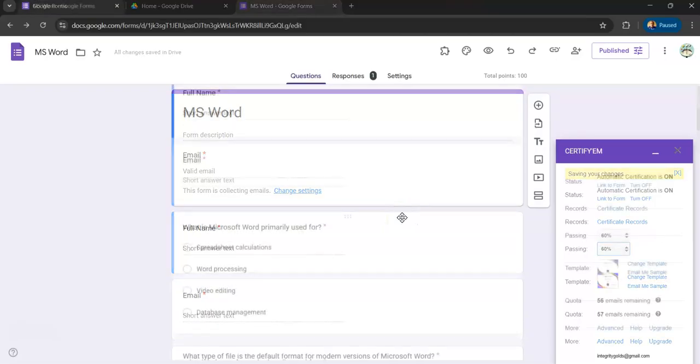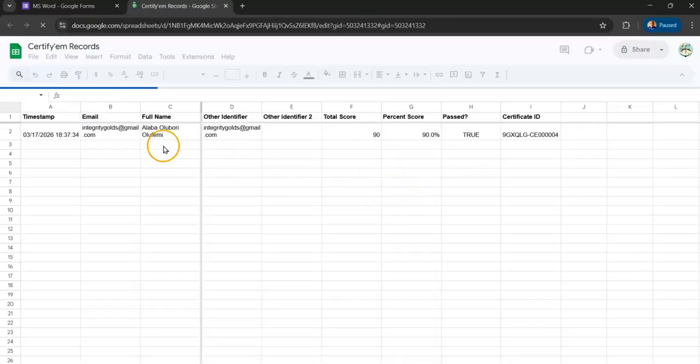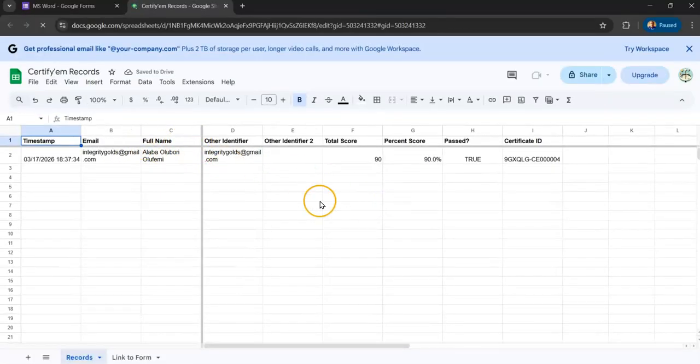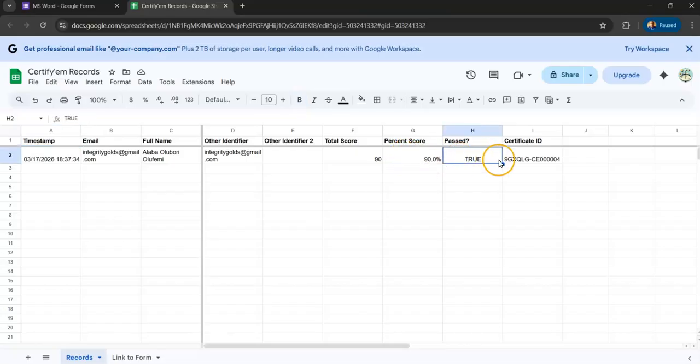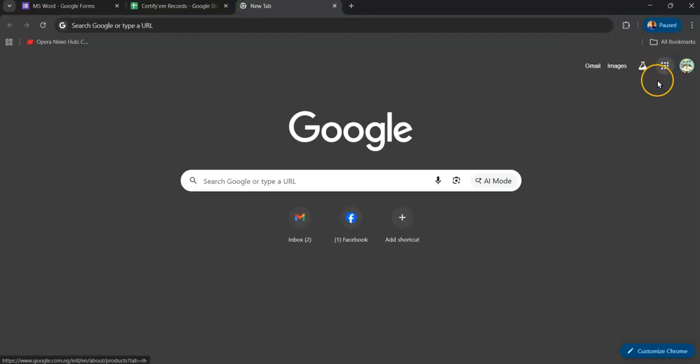So once you properly set it up and everything works, for example, we have this one response which I quickly answered myself. You will click here, and you will see that it actually keeps a record of all the certificates. You can see the timestamp, the email, the name, and every other thing. And then you can see the score, and then the percentage score, and then it says pass, and then it even gives a certificate ID, which we can actually see. For example, if I just go to my email address,